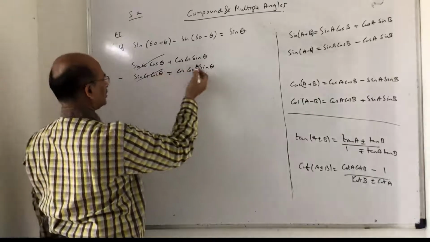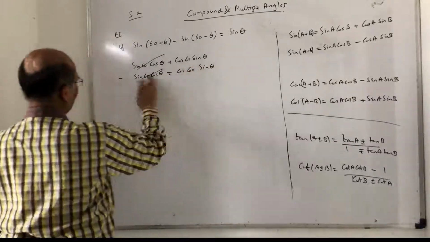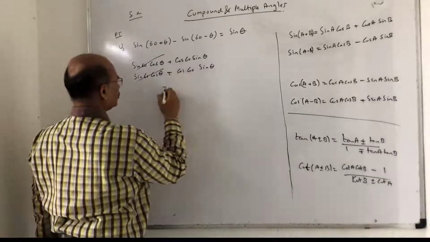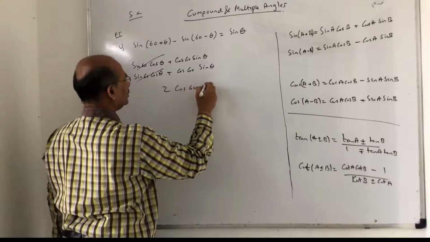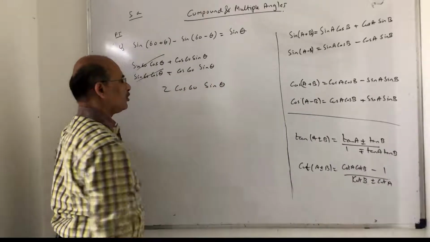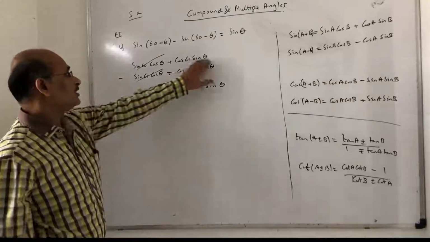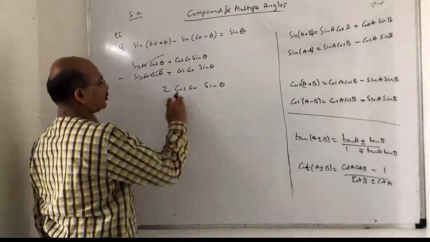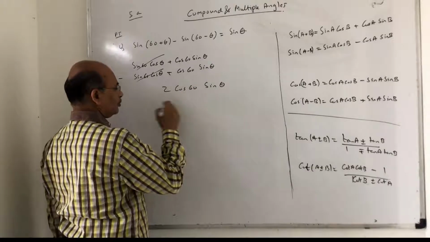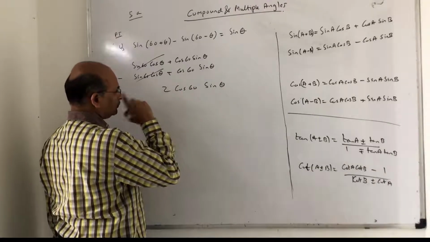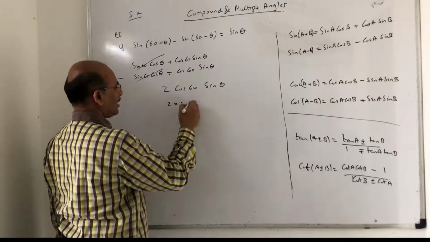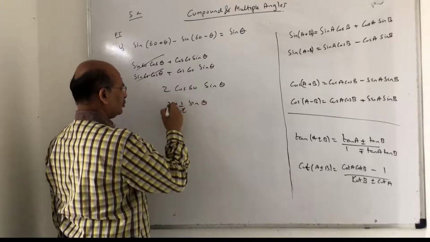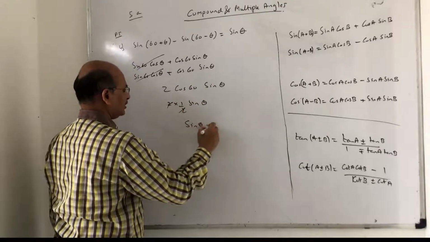So basically you know this can eliminate. So this is cos 60 plus sin theta. I apply the minus sign to this. It is 2 cos 60 sin theta. Now by the way, what is cos 60? Cos 60, what is cos 60? 1 by 2 or root 3 by 2? 1 by 2. So 2 into half into sin theta. 2 gets eliminated. That is sin theta, equal to RHS.